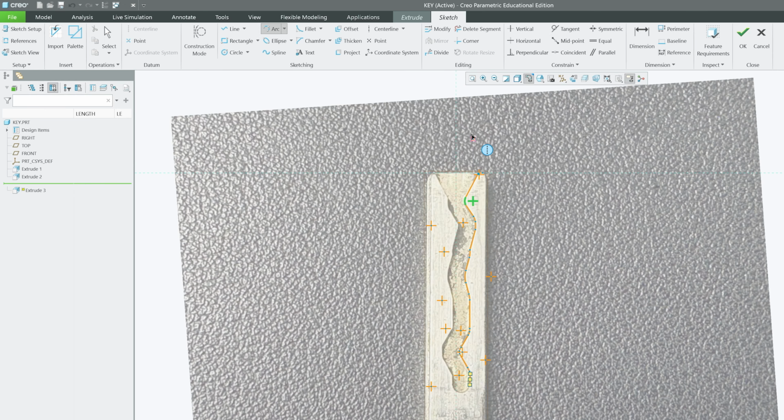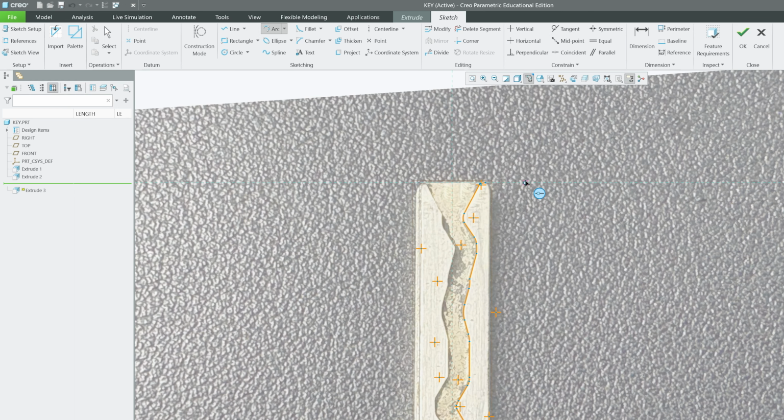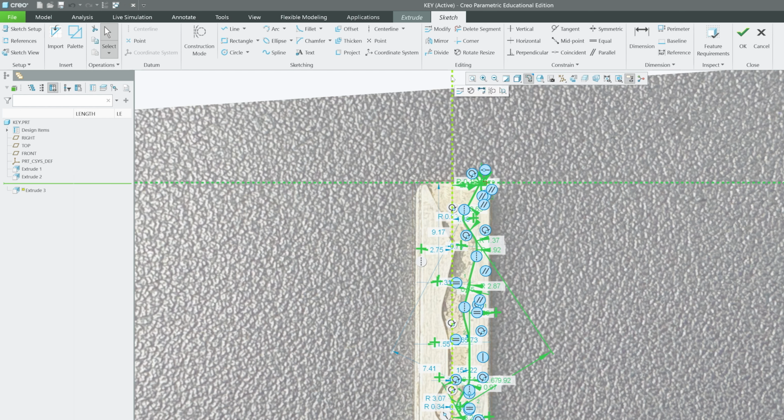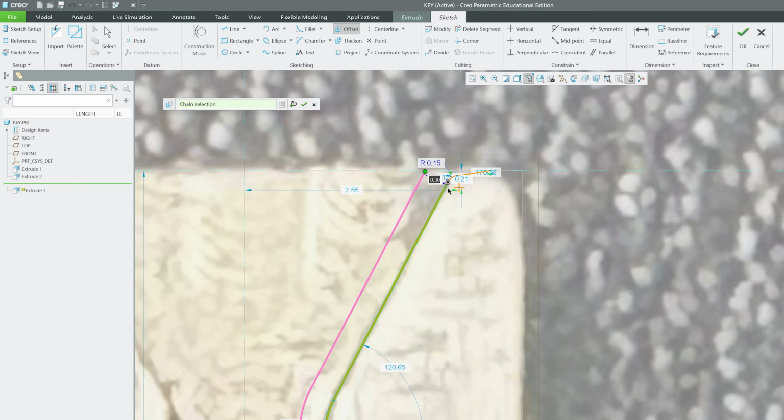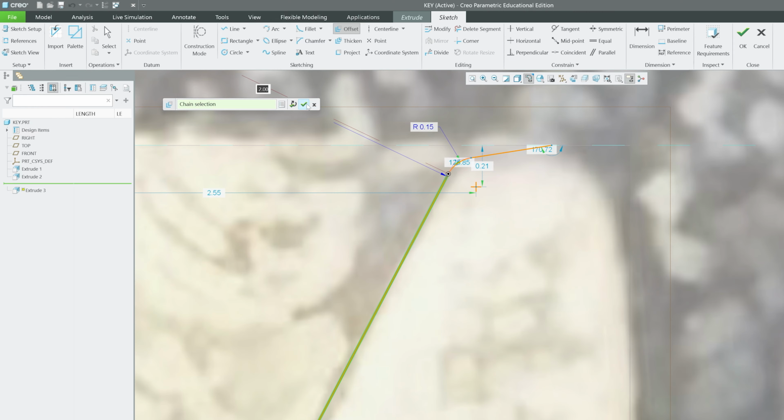And now I'm not going to close this. What I'm going to do next, since I know the width of this is 2 mm from our measurement, is simply add an offset. So I'm going to say offset, and now I'm going to select the item. Let's start from here, goes till here, and then I need to define the offset value. It should be 2 mm, and we know